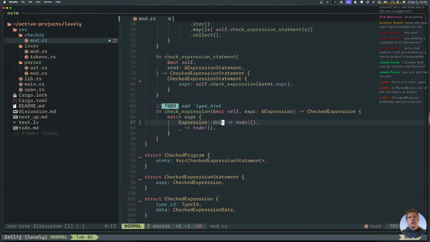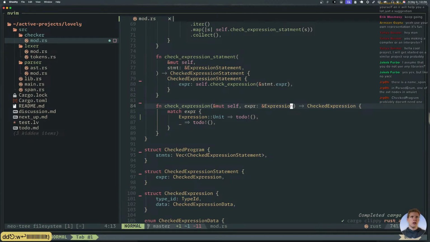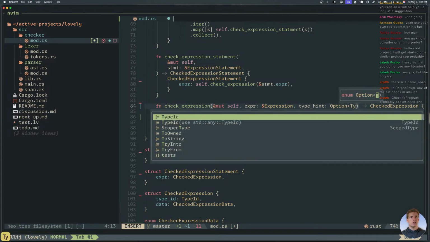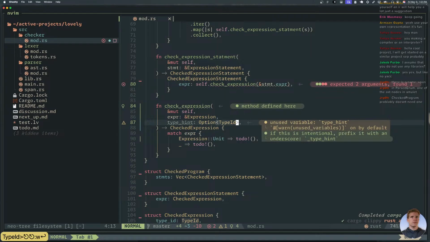Checked expression. Yeah, it depends on whether or not, because the unit is fine, but if we know there's a type hint, okay, so let's do this type hint thing. Type hint is an option of a type ID, right?